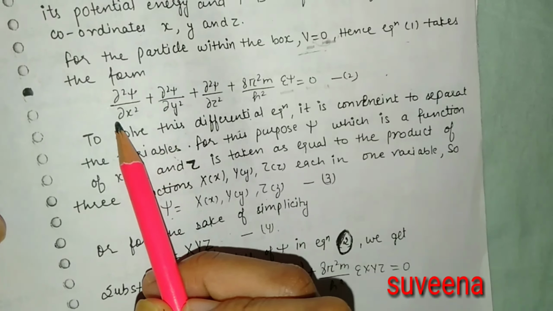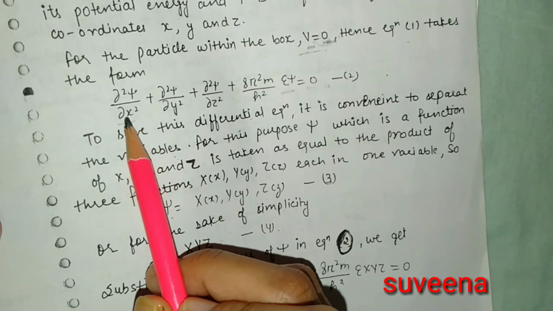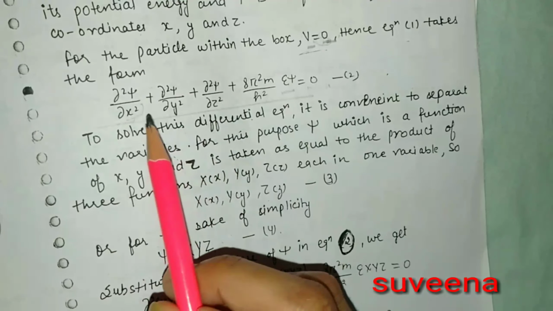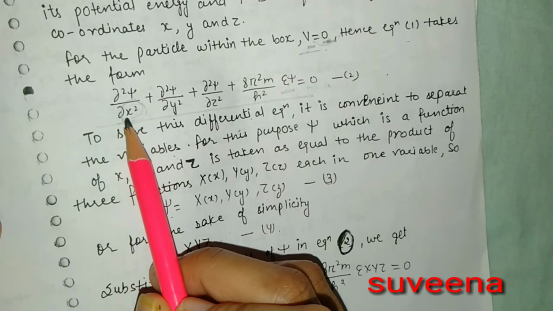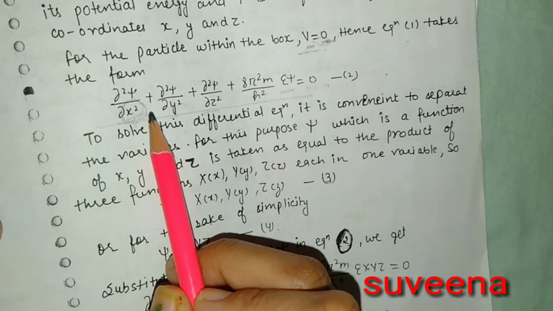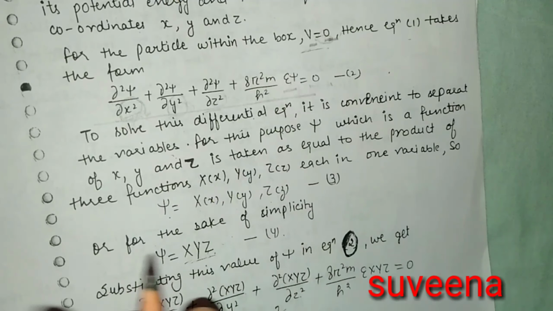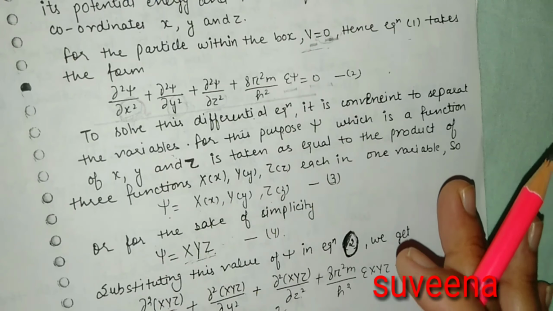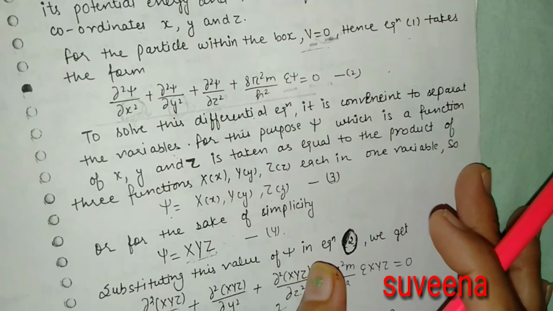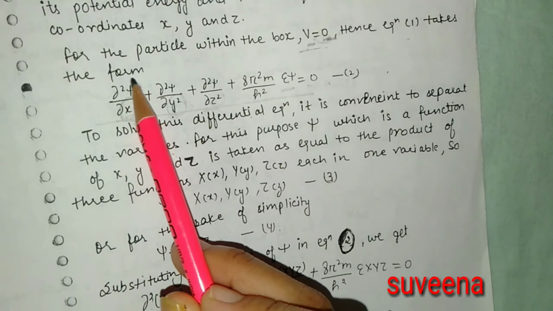Because we are interested in calculating the particle in the x-axis, y-axis and z-axis, when I calculate the value in the x-axis, y and z are also involved, and the same holds for the y and z directions. So we have to rearrange this equation so that we are able to calculate the wave function in the x-axis, y-axis and z-axis separately.